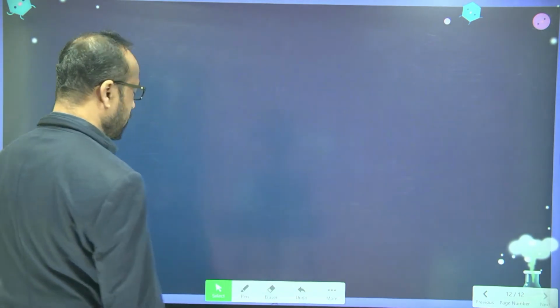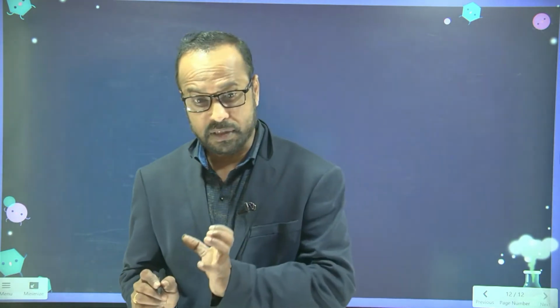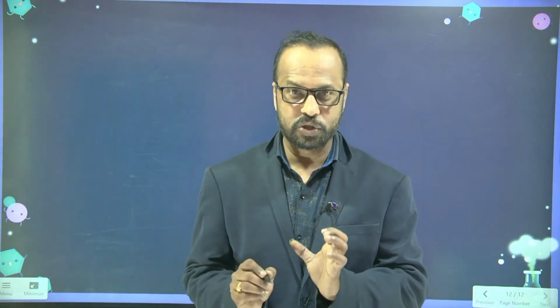So students, today I am going to continue with our language of chemistry. First you need to learn: I said that 118 elements are there, but in this class you have to learn at least 20 elements. You are in 8th class, so you have to learn at least 20 elements, their symbols, and their atomic numbers also. I will explain the atomic numbers also.